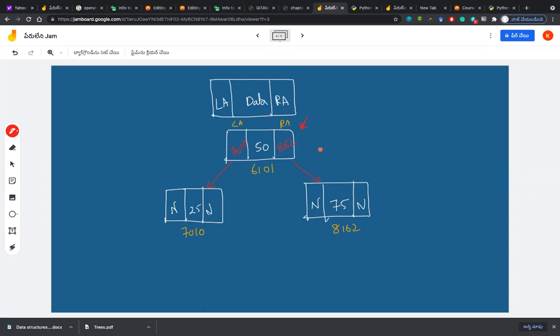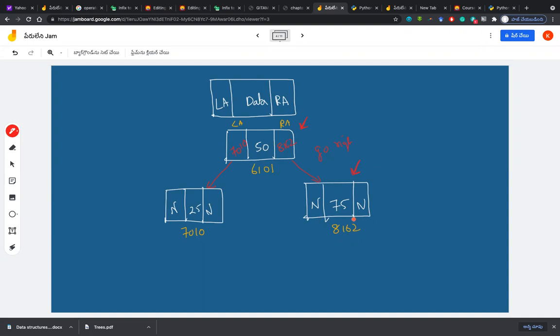So now I have to do only one thing: go right. Then it should concentrate on this. With 50 alive, we are just moving to 75 and looking whether the 65 can be placed left or right, or whether we have to go left or go right.